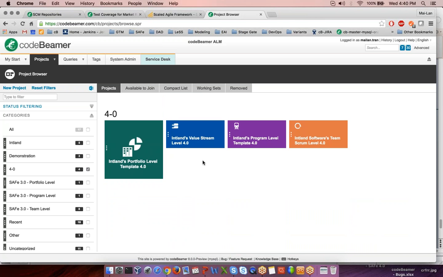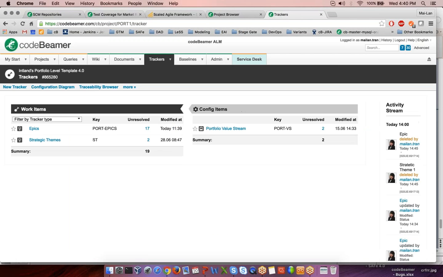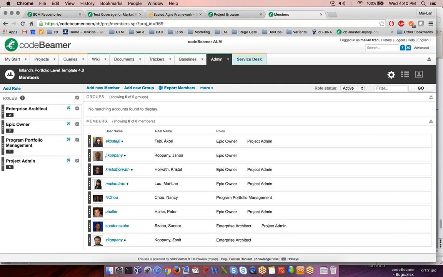All right, so let me introduce you and show you a little bit of our pre-configured SAFe 4.0 template. So let's start with the portfolio level. So let me click into that project basically. And in the trackers, we have the pre-configured artifacts like strategic themes, the epics, the portfolio value stream. Let me show you a little bit about roles. As I mentioned before, we also have pre-configured